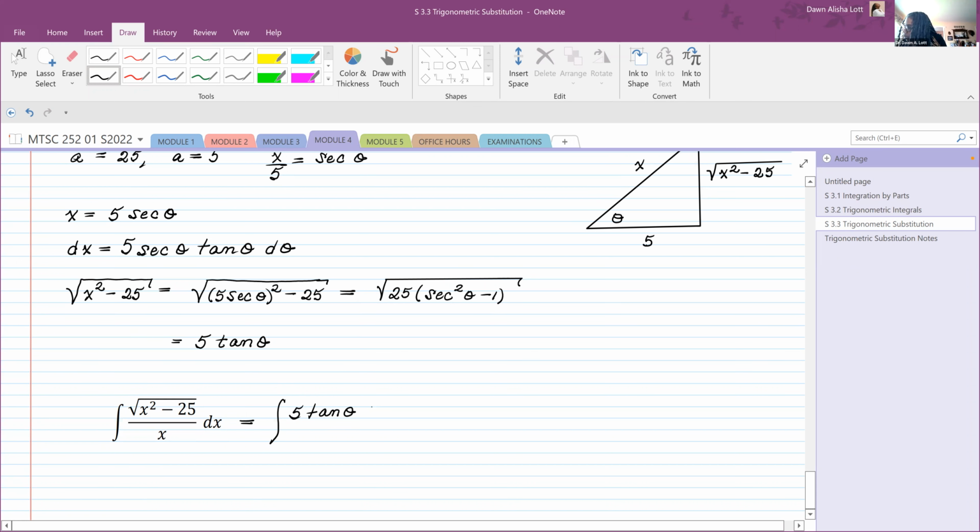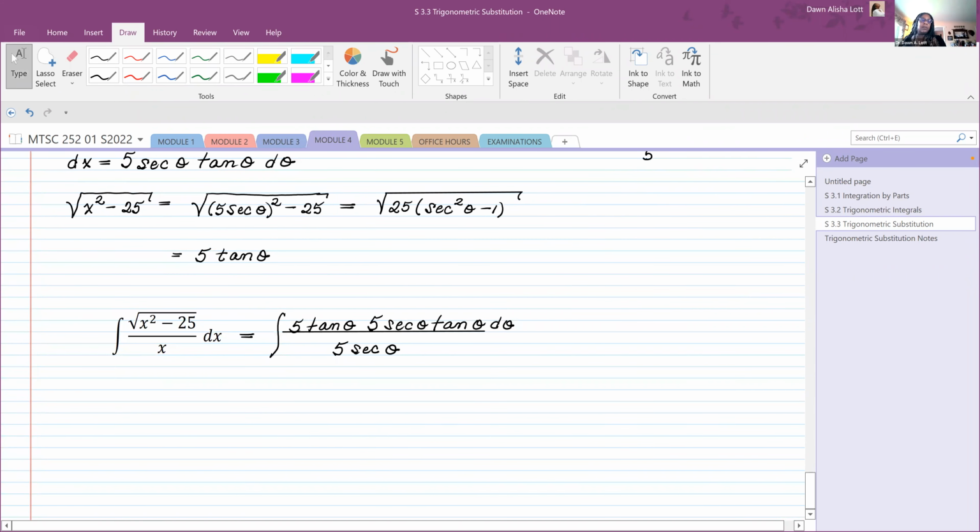And dx is 5 times the secant of theta, tangent of theta, d theta. And then x is 5 times the secant of theta. Complete substitution. So now I can divide out this 5 and this secant theta, and this is 5 times the integral of tangent squared